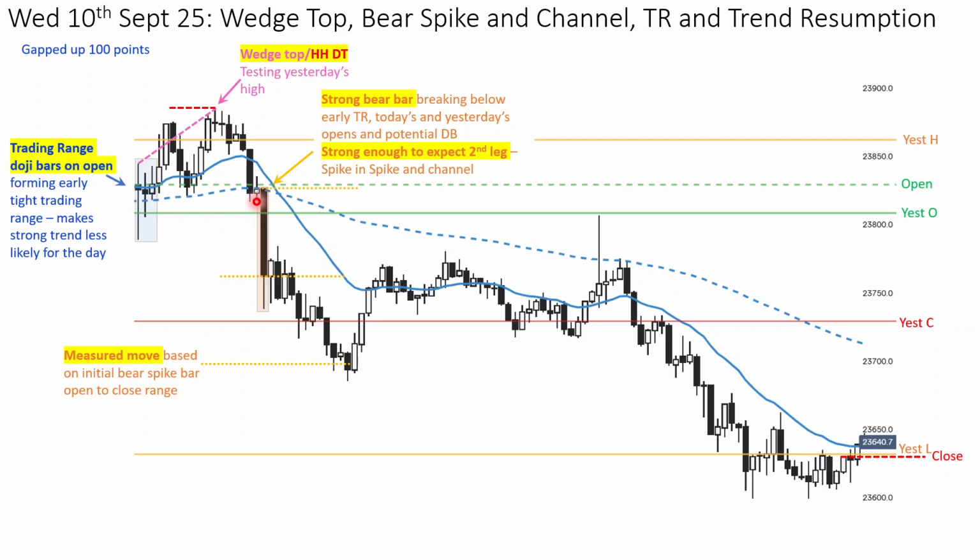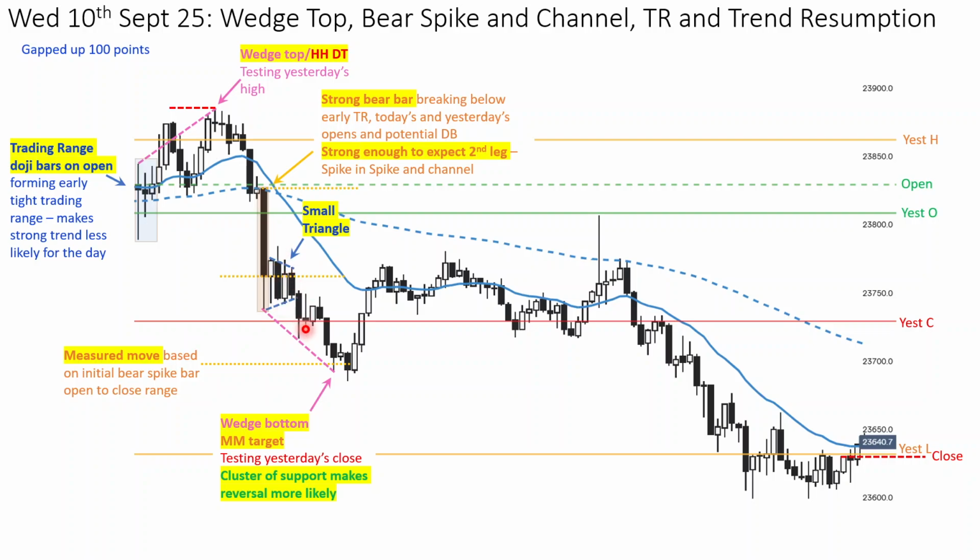From this, I think that it's reasonable to develop a measure move target based on the open to close of the spike bar, which took us down to around this area, which obviously is where the price went down to. After the spike bar, there was a small pause in the trend with a small triangle. Not much of a pullback from the bear spike, so still expecting further downward pressure,